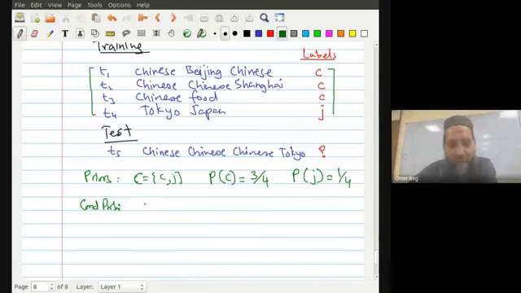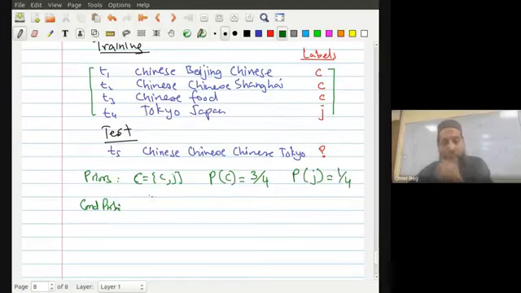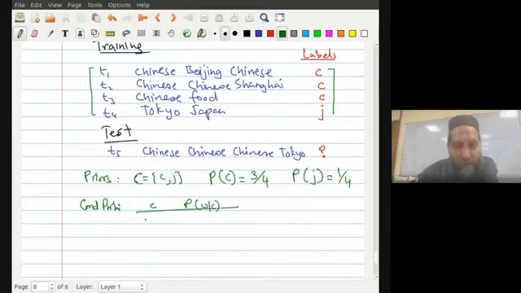So the conditional probabilities, there would be two models. There would be a Chinese model and there would be a Japanese model. So we have a Chinese model and we have the probabilities for each word in this Chinese model. And let's say we just want the probabilities of the words Chinese and Tokyo. Similarly, we have a Japanese model, and we want the probabilities of each word for the Japanese class.